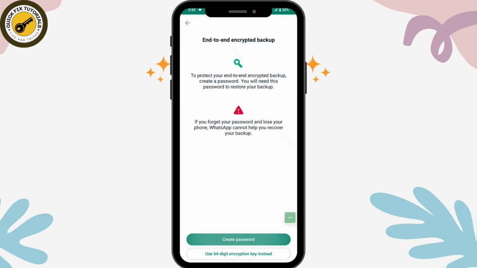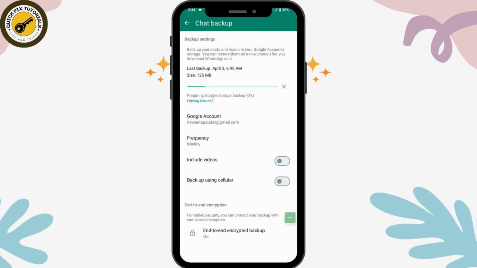Once you've created, tap on next, and then you need to retype your password. And once you've retyped, tap on next again. And once you tap on next, now tap on create, which is on the bottom. And that's it. That's how you can create your end-to-end